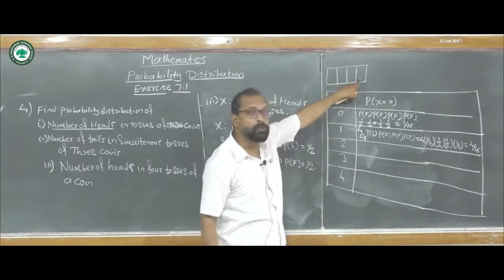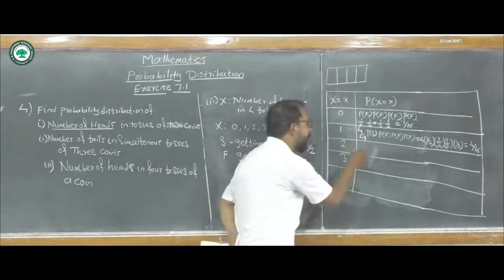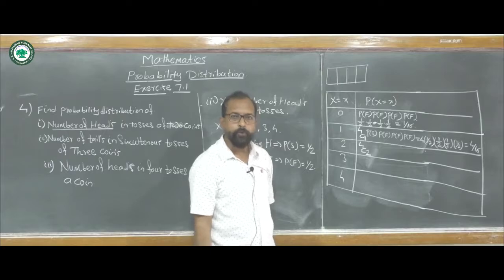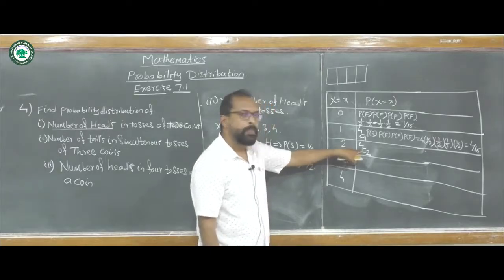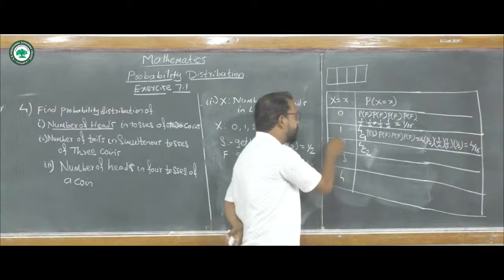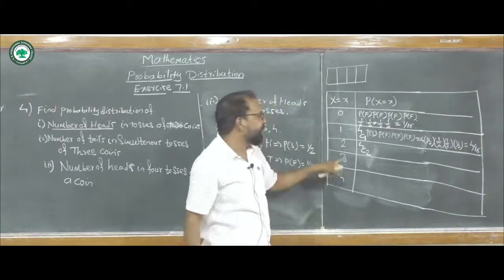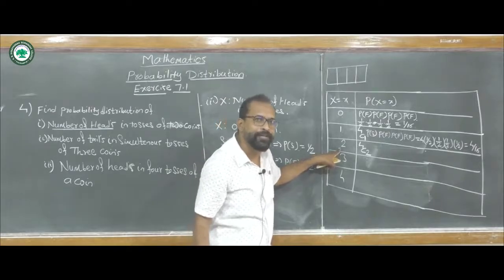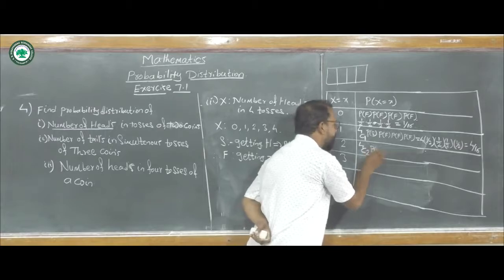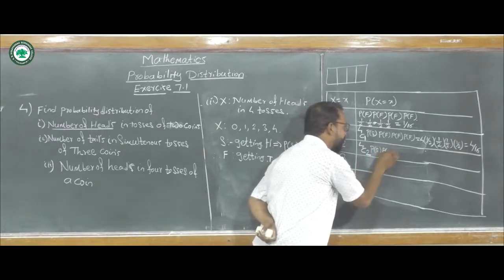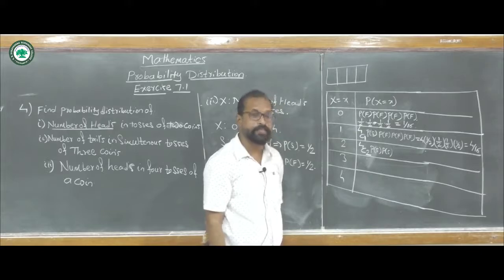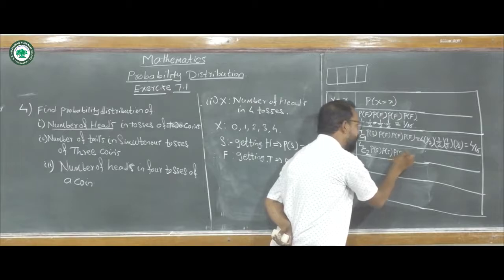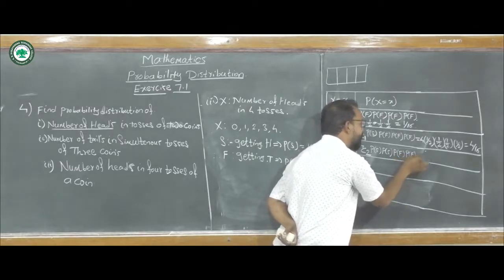4 heads at 2 places, and this can be done by 4C2 ways. Now again, since there are 2 heads, we consider the random variable taking the value 2, that is 2 heads, that is we get 2 successes and 2 failures. So it becomes probability of success into probability of success,